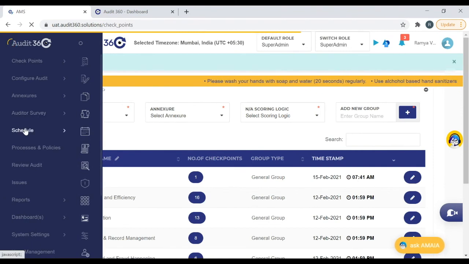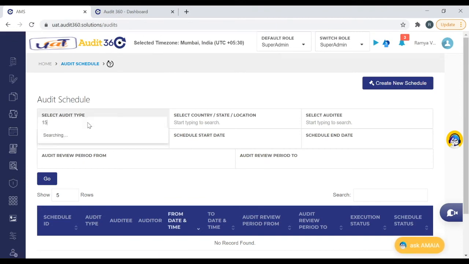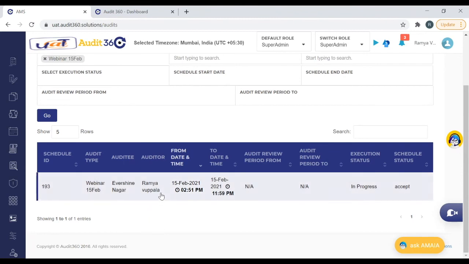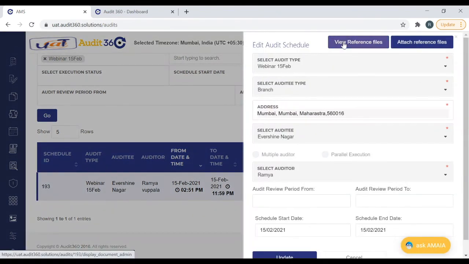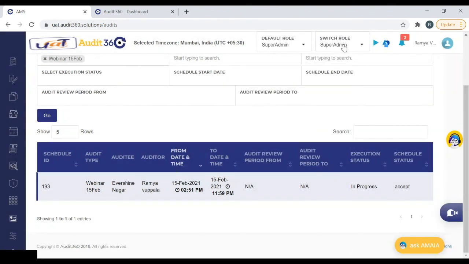I'm in super admin. I can also see, as a supervisor or a reviewer role, the reference file which has been attached. So while in progress also, we can attach the document.